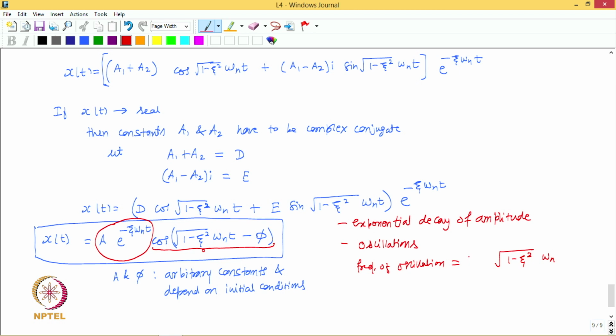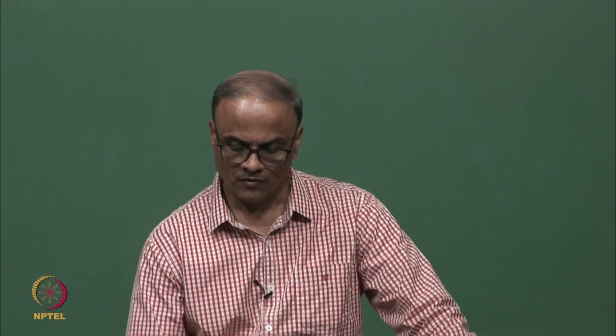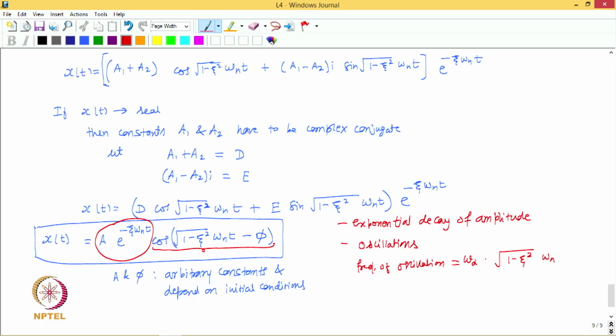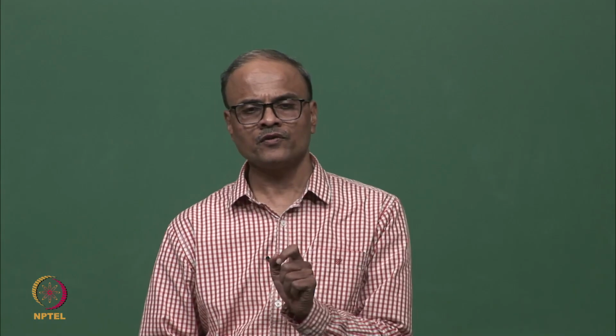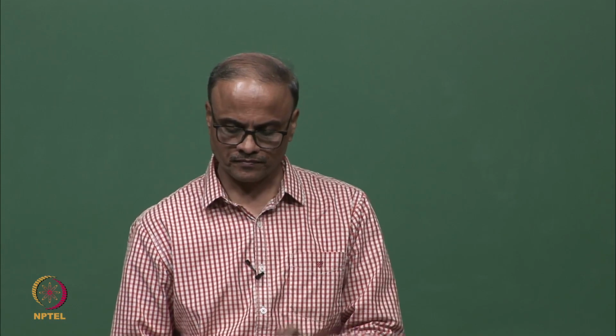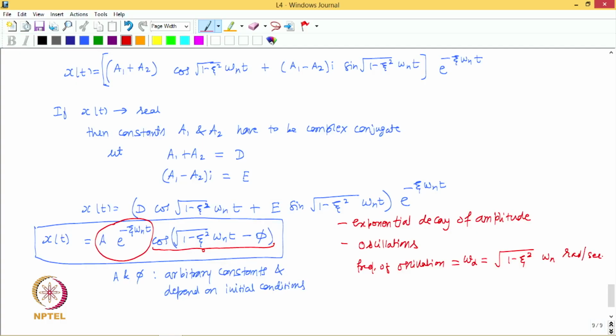Because the system is oscillating in an underdamped state, the system is damped, we often call it omega d, that is the frequency of damped oscillations, and hence we represent it as omega d. So, the damped frequency of oscillation depends on the natural frequency of the system omega n and the damping factor zeta of the system, and of course, it has the units radians per second.